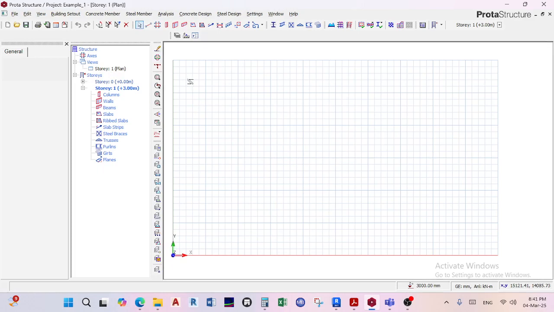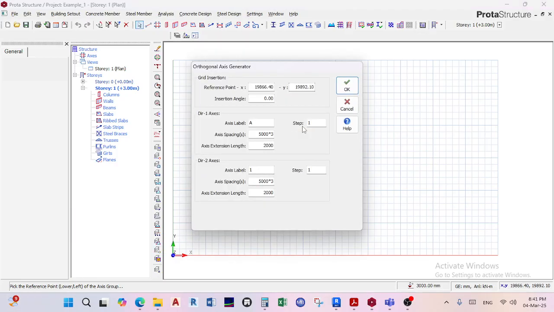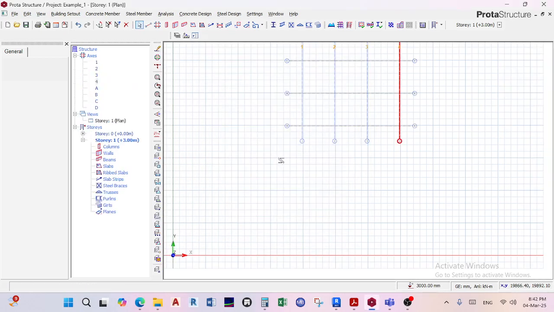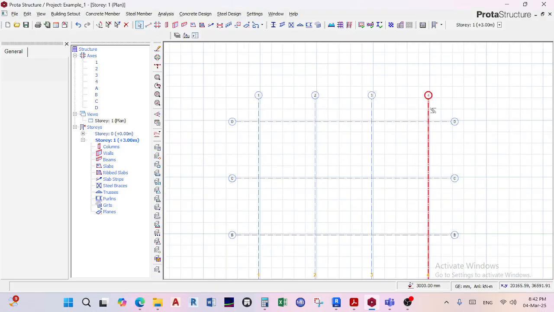So doing what I did, you go to the orthogonal. Here on the command, it tells you pick a reference point. You select any point, and then you know that your A is the Y direction according to what we just did. The letters are your Y direction. The numbers are your X direction. You can either increase or change the spacing, which will make the span, or you can leave it as is. You okay? And then you see now it starts from 1 to 4,